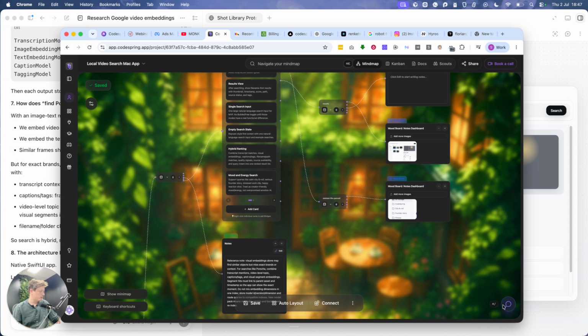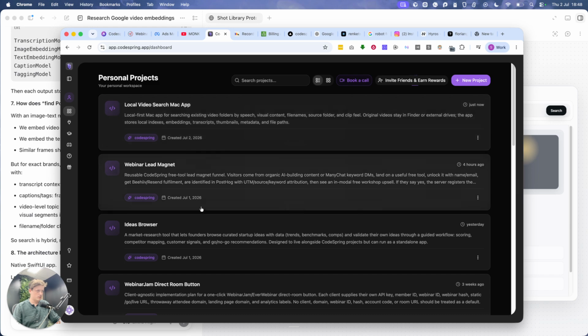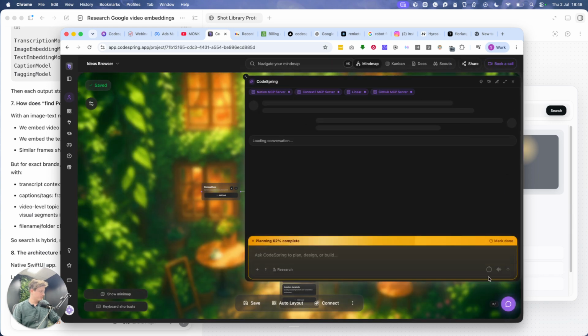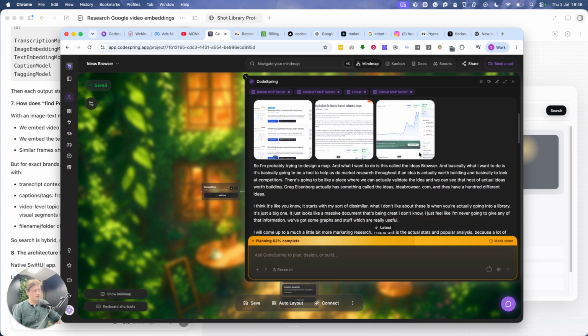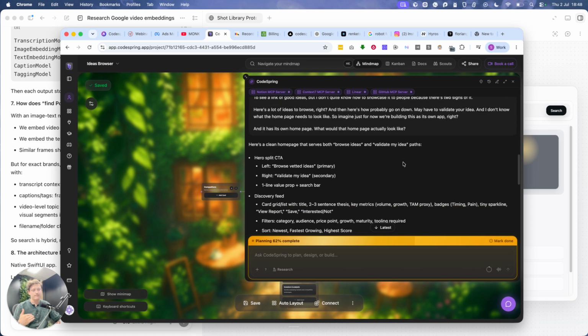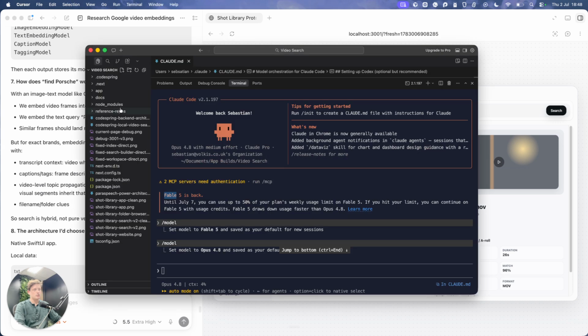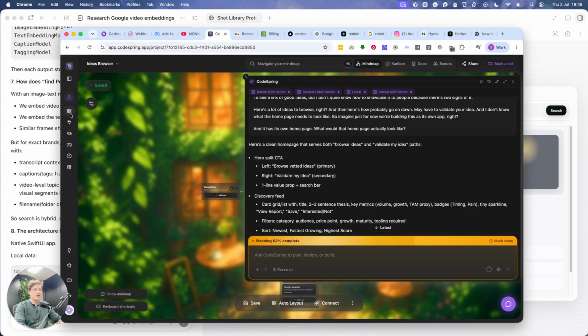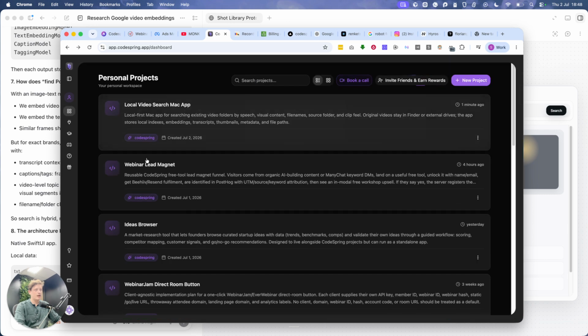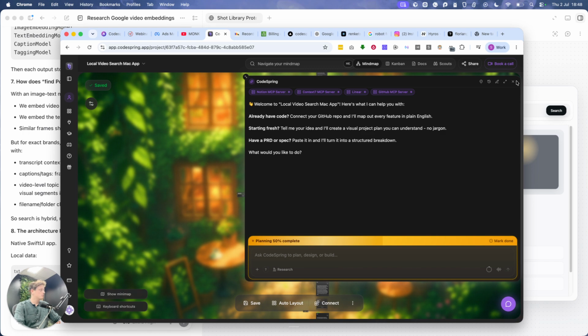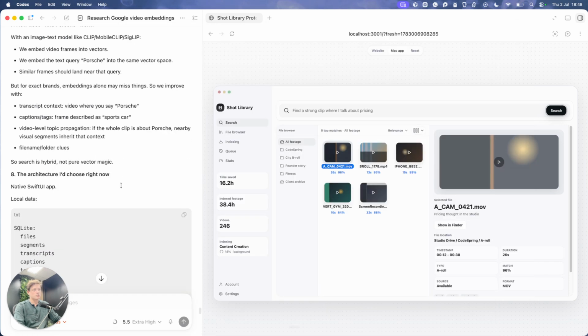Now, inside CodeSpring, right, I'll see if I can find an example. If I come into the ideas browser here, I was actually talking to it, and I can give it examples, and it can interview me and ask me questions, and it will figure out the tech stack for me. But actually what I like to do is mostly use CodeSpring as a storage layer. And I like to use, where are we working on? Yeah, this one here. What I like to use is Codex,